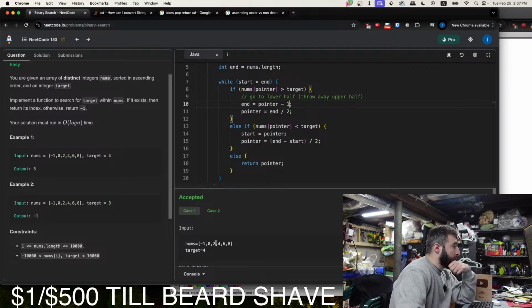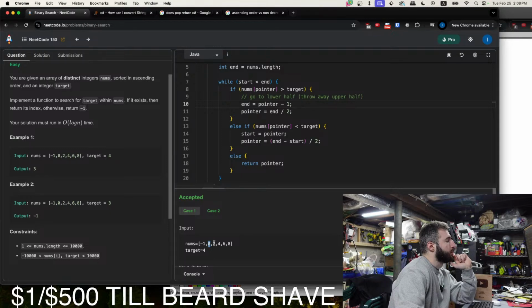So the end is 0, 1, 2. And pointer is end divided by 2. So 2 divided by 2 is 1. So it's 0, 1. All right. Start is 0, end is 0, 1, 2.